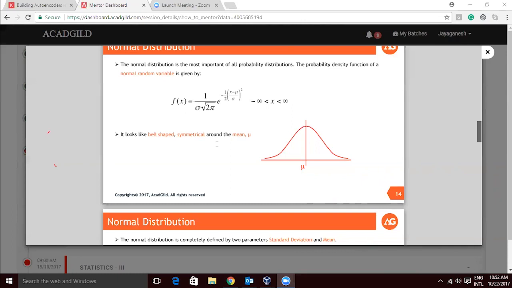Since it is a very important distribution, I'll discuss each and everything. As we already discussed, I'm not going to explain how we derive the probability density function of a normal distribution; let us not discuss that. Let us continue with normal distributions in the next session. So till then,